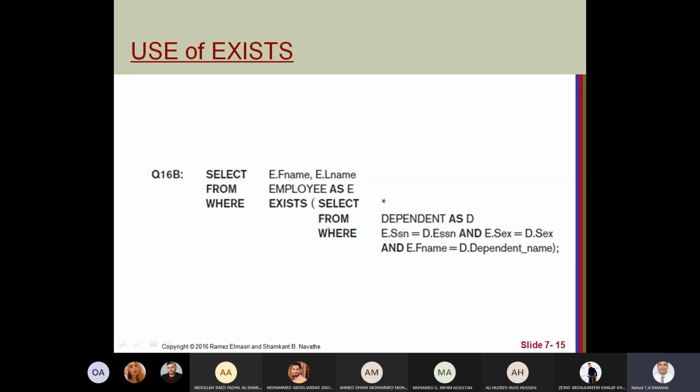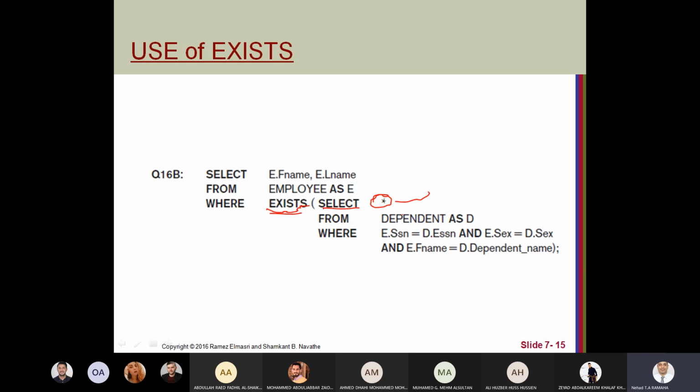So let's take an example using EXISTS. Here, of course, when you use EXISTS, it doesn't matter what you select. So it's better to use a star, because if you use the wrong one, maybe you will have a wrong result. It only checks whether we have a result here or not. So it doesn't matter what you return here. That's why we select the star.